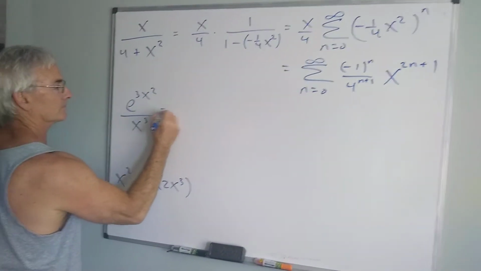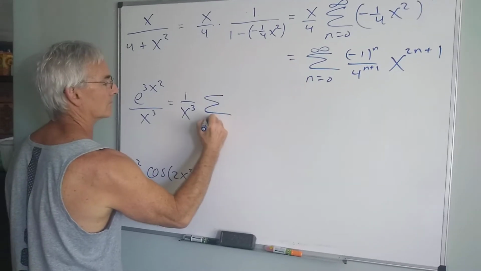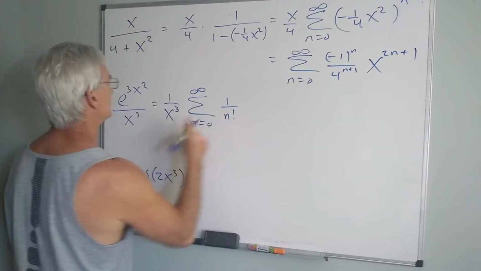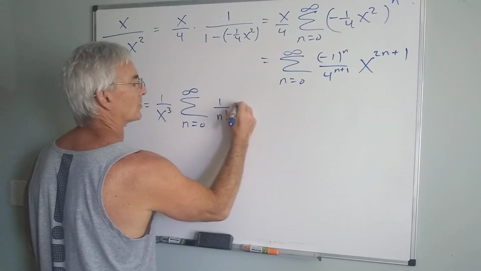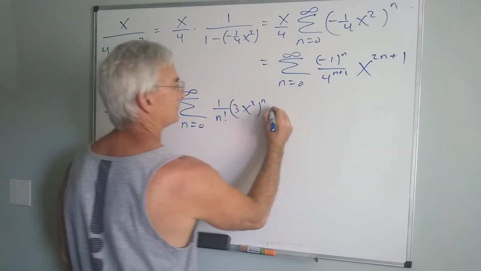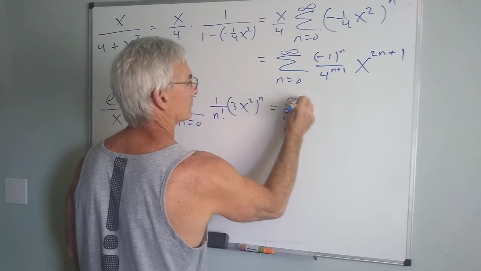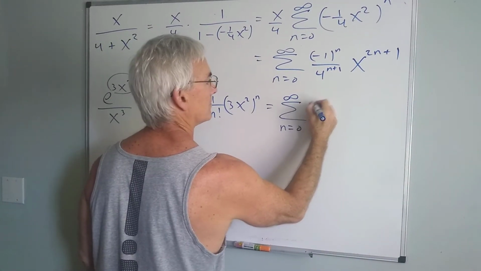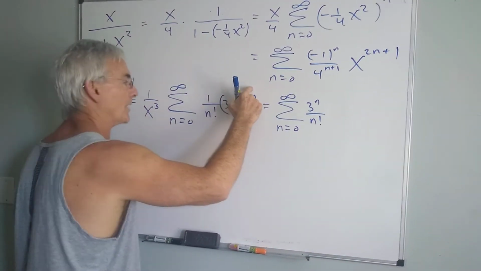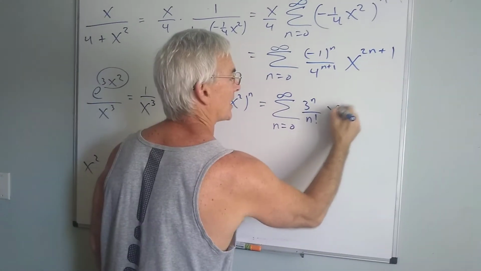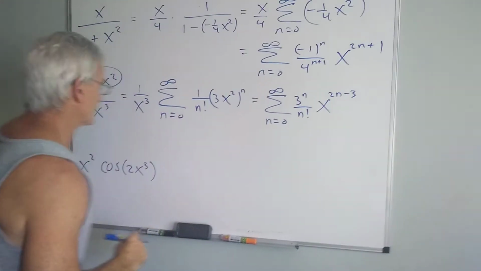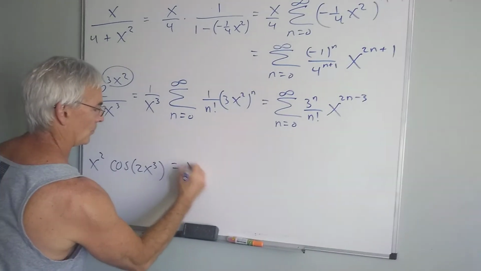Now the next one, I'm going to have something of the following form. But now, this is the term that I'm going to raise to the power. And now when I expand this, I'm going to have a 3 to the n over n factorial. I'm going to have x squared to the n, that's x to the 2n, but over x cubed, so that'll be x to the 2n minus 3. So the finished form still looks like an exponential, and then finally here, we'll have x squared